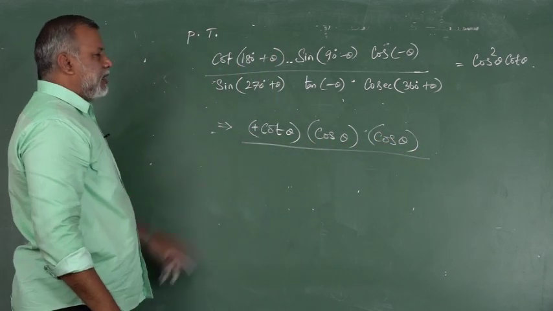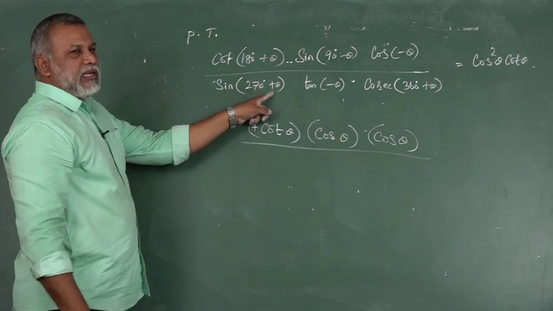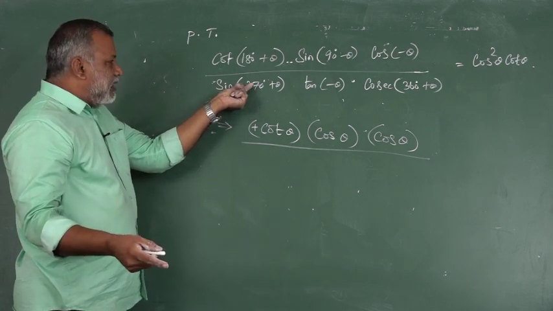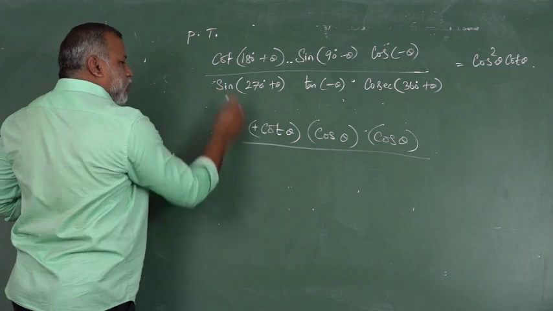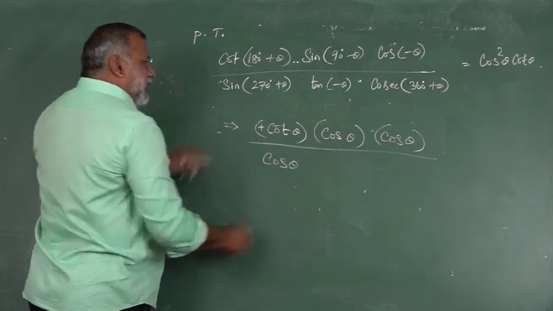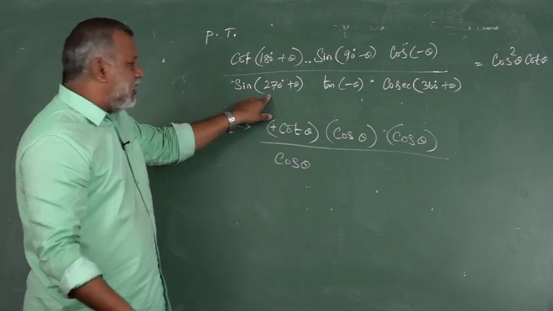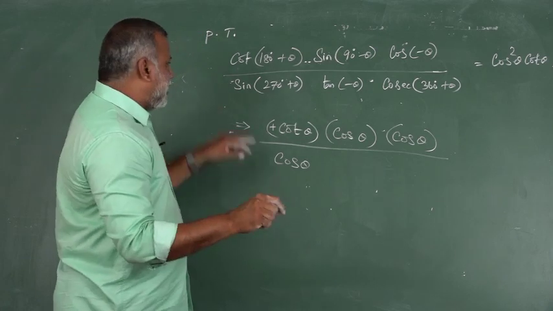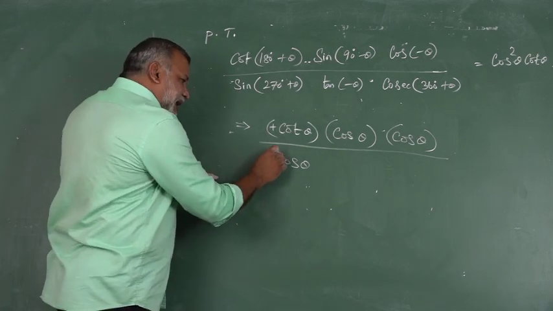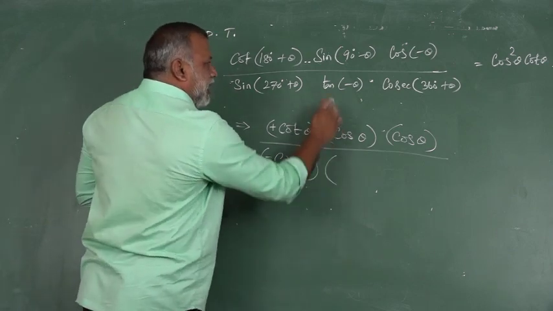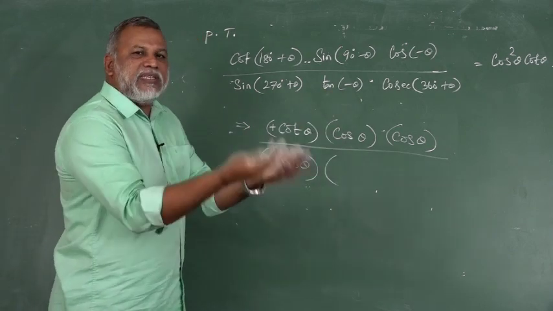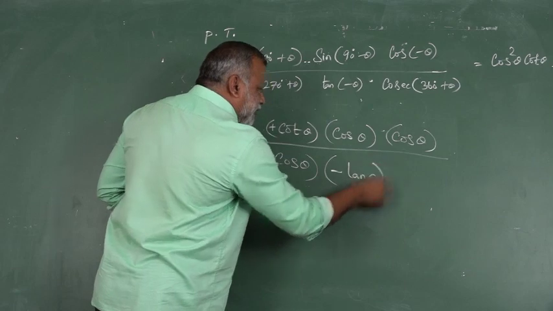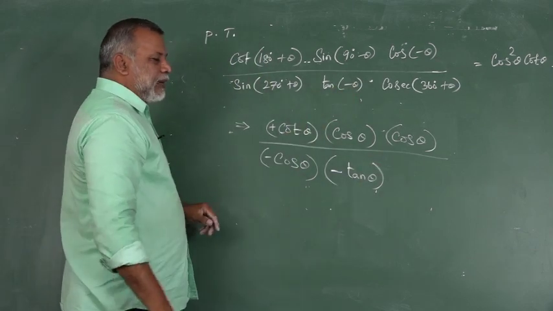Then divided by, see here, sin of 270 plus theta. Here 270 comes. What is the meaning of 270? Think, it is an odd number. Odd number means apply the cofunction. The cofunction for sin is cos theta. But in which quadrant does it lie? 270 plus theta crosses over 270, so it lies in the fourth quadrant. In the fourth quadrant, sin takes negative. So this is a negative result. Tan of minus theta. Tan emits the negative because tan is an odd function. We take out the negative. So tan of minus theta will produce minus tan theta.